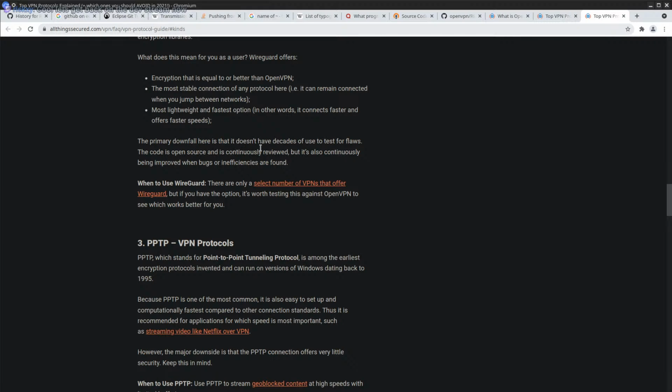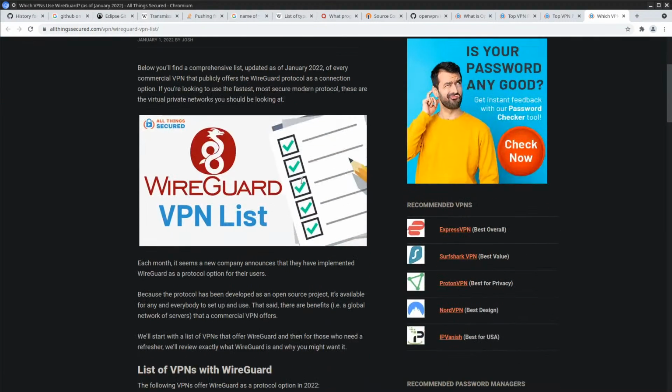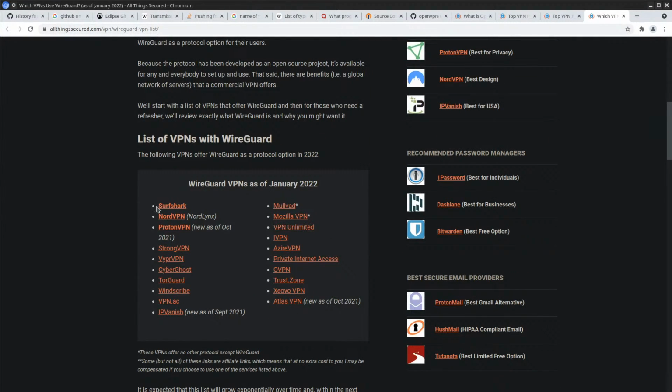The primary downfall is that it doesn't have decades of use to test for flaws. The code is open source and is continuously reviewed. It's continuously being improved when bugs or inefficiencies are found. There are only a select number of VPNs that offer WireGuard. I guess they're talking about VPN providers. Surfshark, NordVPN.